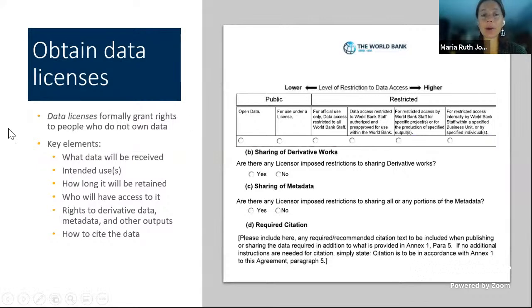So talking a little bit more about data licenses, here's an example from the World Bank and the template that we use. And you can see that there's a lot of possible categories that one can establish for use of data. And it's going to depend on the nature of the data itself. Is it very confidential? Is it highly sensitive or identifying? And in those cases, you want to move more to the right on this continuum to the restricted access,